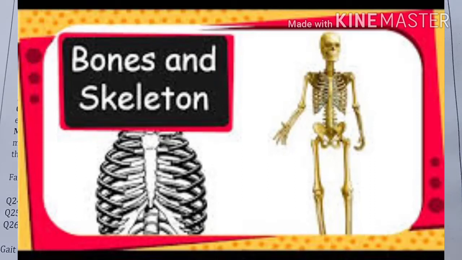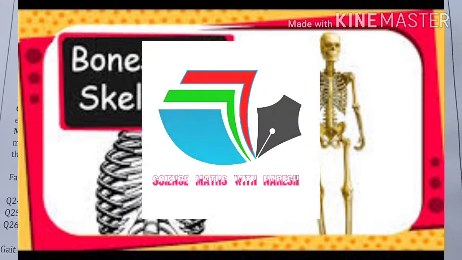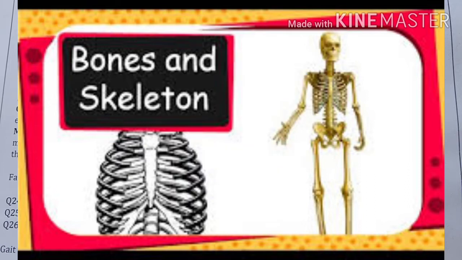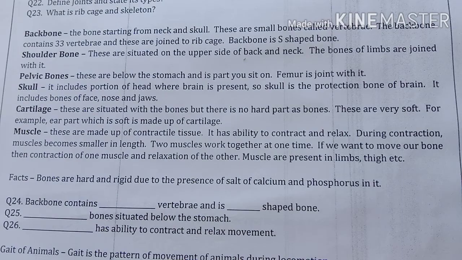Today we are starting another class of science. In this class, we will discuss another part of chapter 8, body movements. In our last class, we discussed joints, ball and socket joints, hinge joints, pivot, fixed, rib cage, and skeleton. Means we have discussed some movable joints and some immovable joints in our body. And today, starting from the backbone.